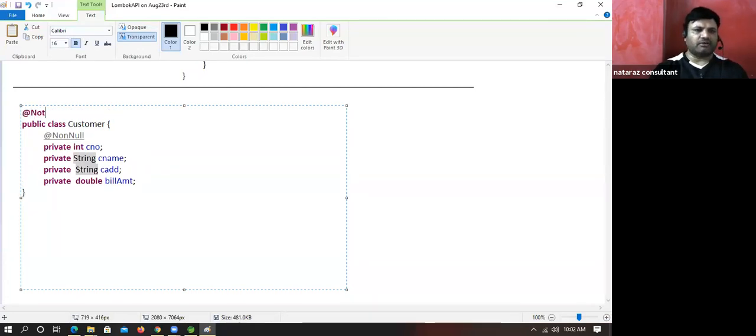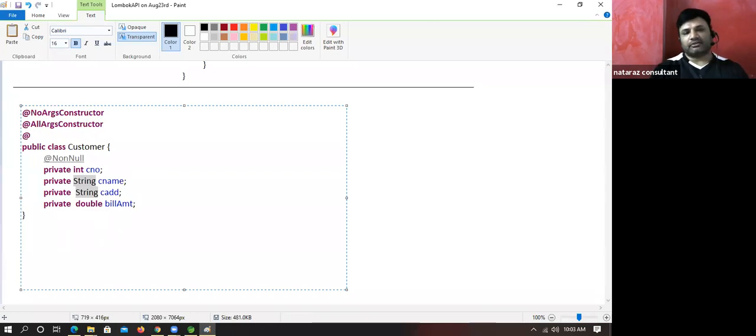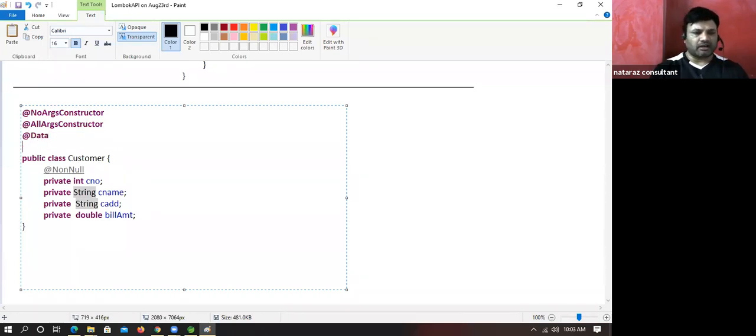Tell me: @NoArgsConstructor, @AllArgsConstructor, next @Data, and next one, @RequiredArgsConstructor. Can you tell me what is the generated code?